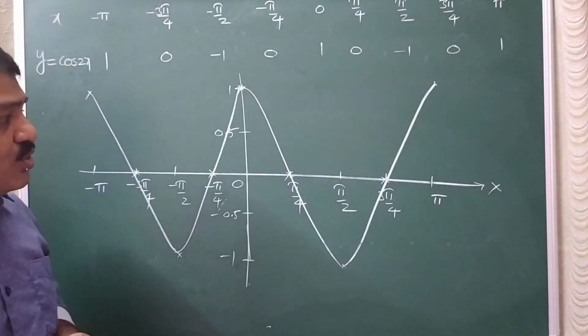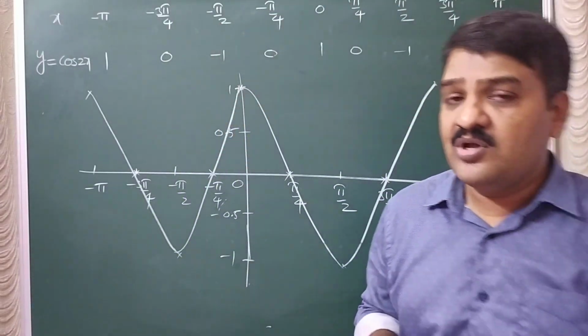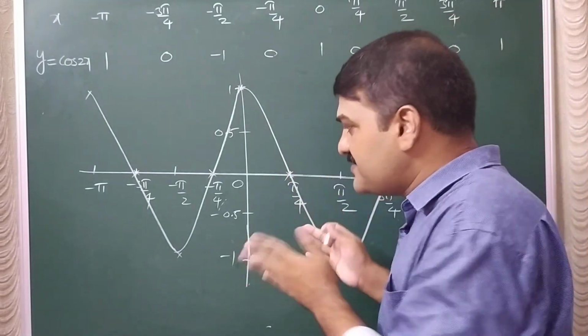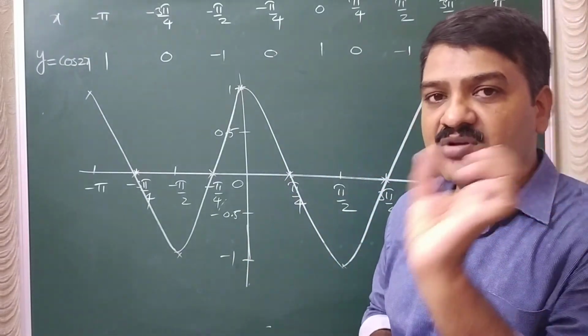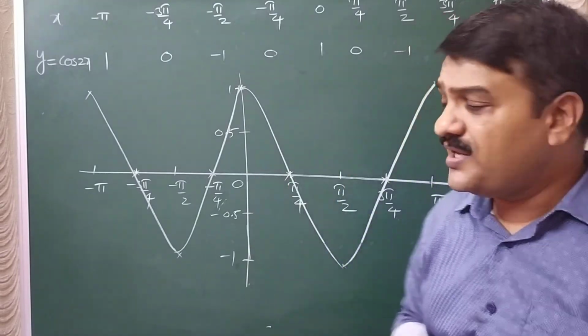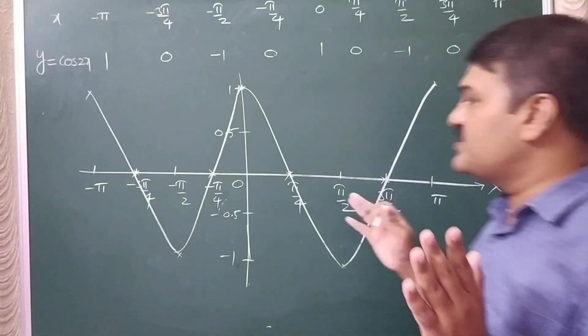Okay. So I hope it is clear about graphs of trigonometric functions now. All the standard functions I have explained, and in this video basically I focused on sin square x, cos square x, cos 2x, sin 2x models. So hope you can draw the graph of any trigonometric function now.